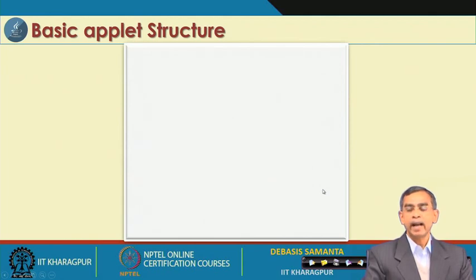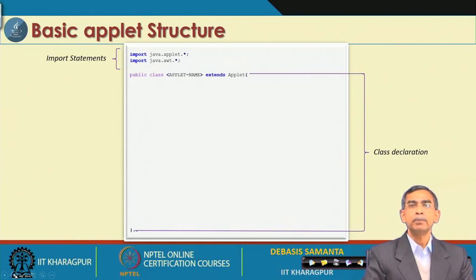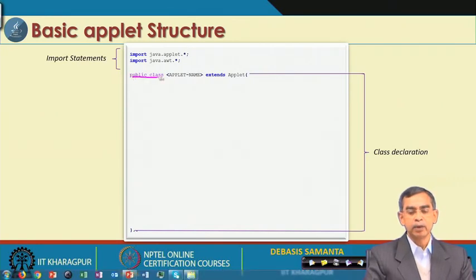Now, an applet has some essential components. As I already told you, these are the two packages to be included whenever you do applet programming. The next thing is that we have to create our own class, that is your program, and it should be inherited from the Applet class. So, our next syntax is basically this one: public class, then your name, I mean a user defined name, and then extends Applet. That means an inherited program.